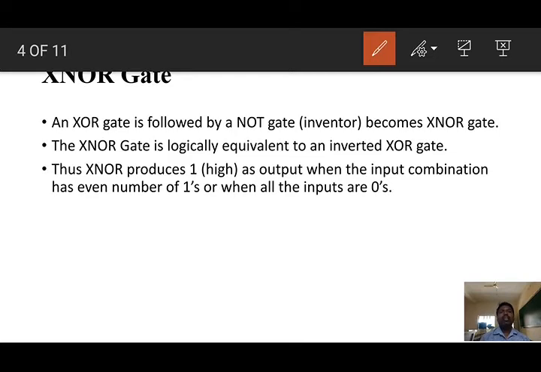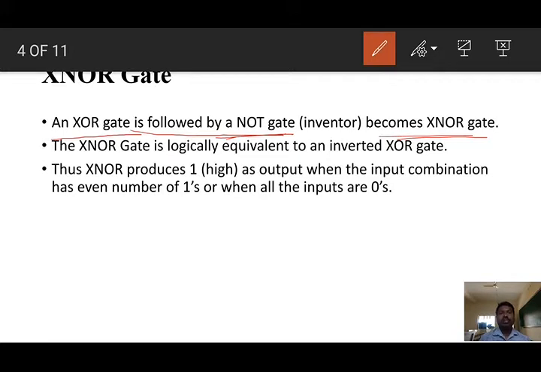We know that the definition of a gate is the same. In addition, an XOR gate followed by a NOT gate is called an XNOR gate. Let me repeat it one more time. An XOR gate, which we discussed in a previous lecture video, kindly refer to it.